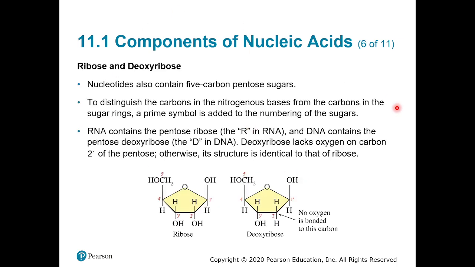Okay, let's look at the ribose versus deoxyribose. So this one right here is ribose. That's the R in ribonucleic acid, RNA. This one right here is deoxyribose. We can see right there, at that position, we lost an OH. It makes it slightly more stable. It's less reactive. All of your structures in your body, by the way, are constantly being hydrolyzed by the